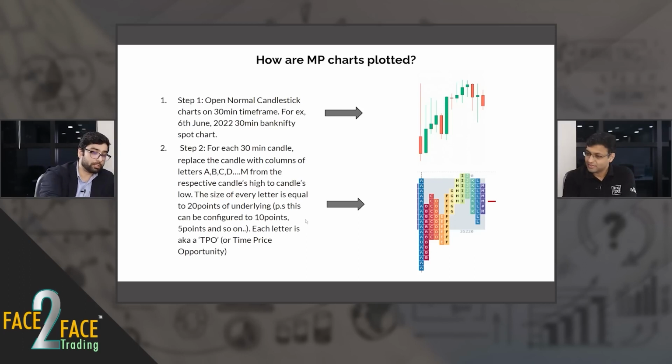इसको कुछ नहीं बोलते. हर ब्लॉक को हम बोलते हैं TPO. हर ब्लॉक को बोला जाता है TPO, Time Price Opportunity. The reason why it is called Time Price Opportunity is that in the same chart we are getting a feel